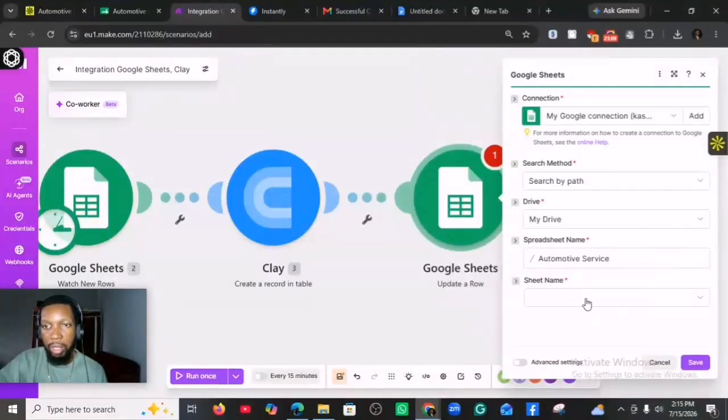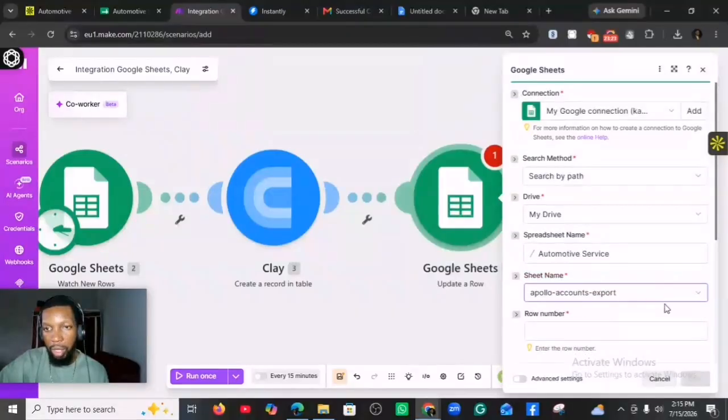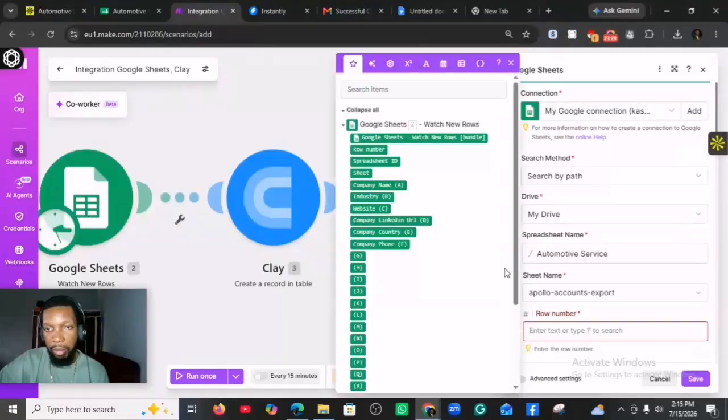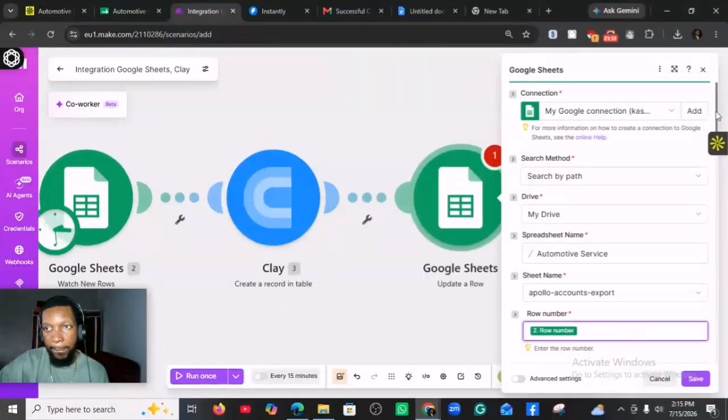So this will tell Clay that this particular data has been imported into your software. So don't choose this next time. If you want to pick other data, you're going to pick from those that have not been sent. So we choose this sheet name, then the row number. Go over to the row, choose the row number,